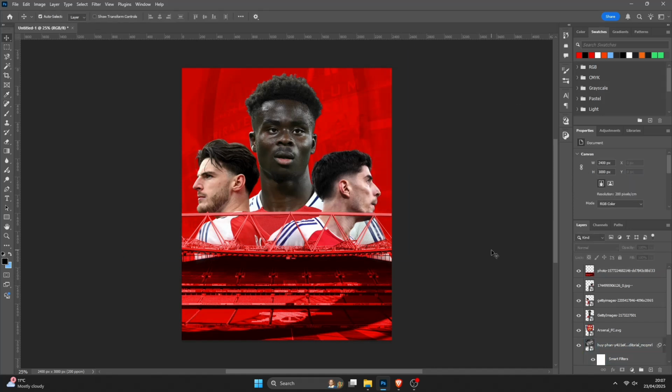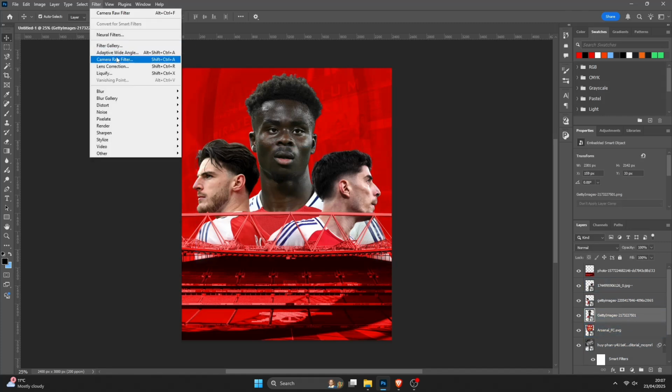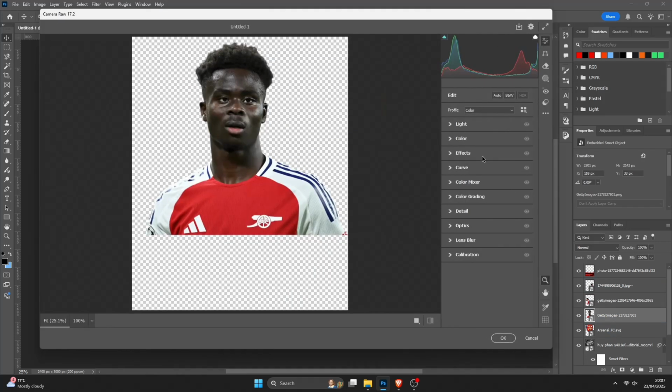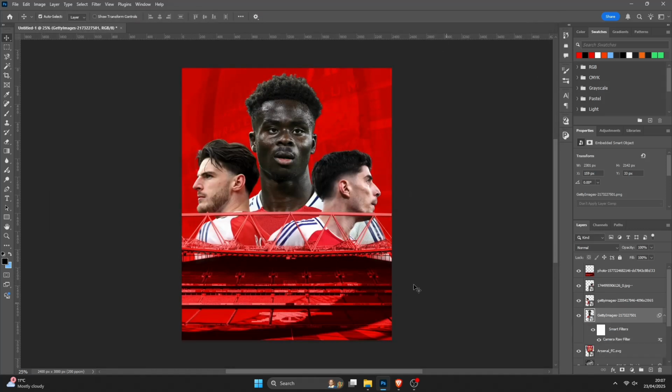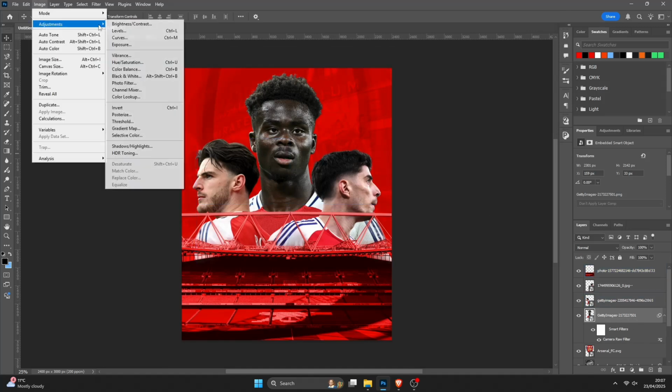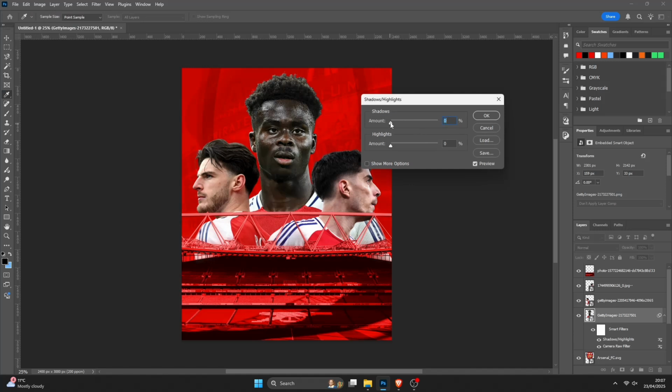So next thing I'm going to do is add a little bit of camera raw to my players. So if I select the Bukayo Saka render in the layers panel, then press filter, camera raw, press on effects. I'm not going to do too much, I'm just going to turn up the clarity and texture to around 30 for each. Press OK, and then with the layer still selected, image, adjustments, shadows, highlights. If I turn the shadows up to around 10, and then highlights, I'll turn them both up to 15,